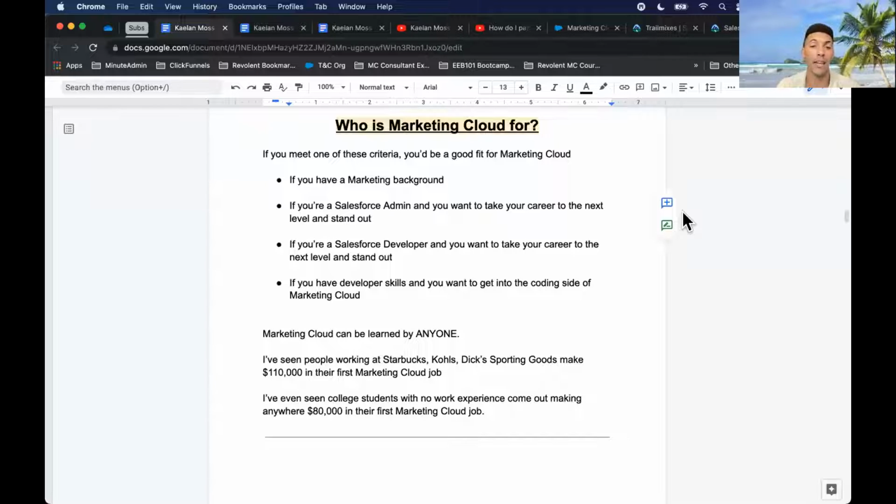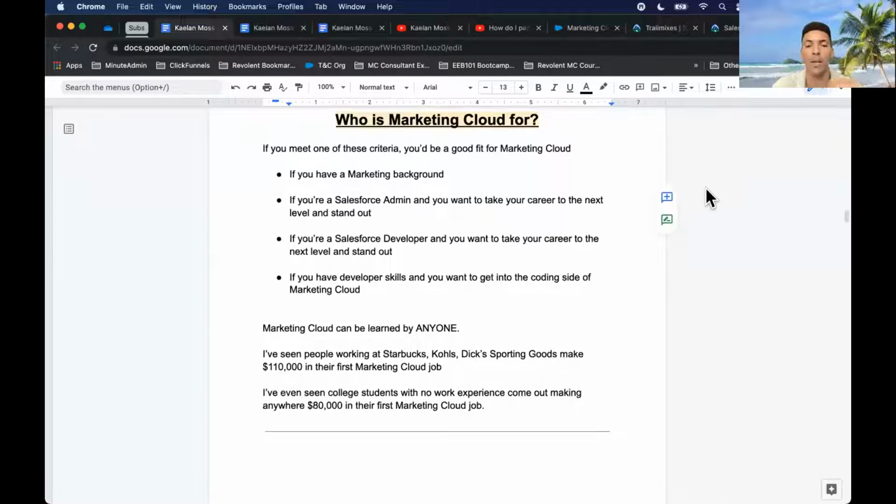I actually think personally that the learning curve for Marketing Cloud is much faster than learning Sales Cloud or Service Cloud, because those are beasts in the ecosystem. There's so much you can possibly do. But Marketing Cloud, like I said, is a marketing automation tool. So once you understand what you're doing and how campaigns are built out, you pretty much understand Marketing Cloud quickly, if you have the right person instructing you and teaching you what to do and why it's important.